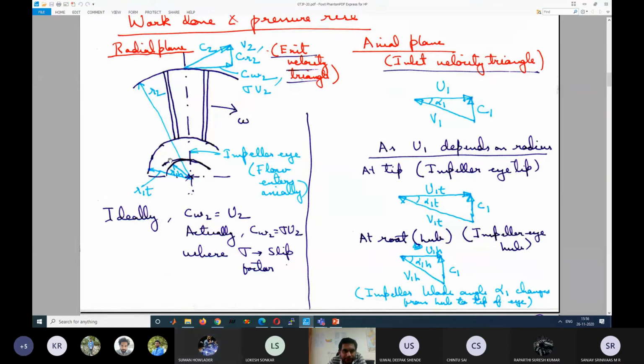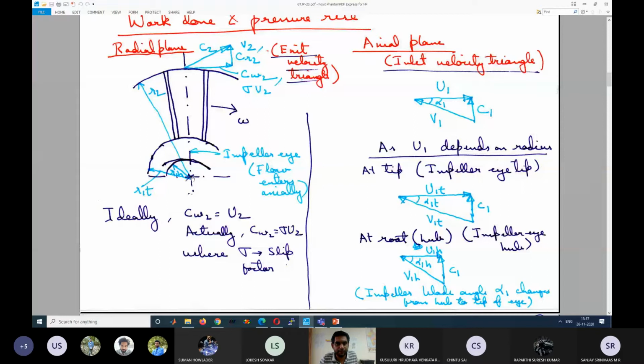With respect to this figure, the left hand side figure, what is the direction of C1? Can you explain to your fellow classmates? What is the direction of C1? Inside that plane of paper. Which direction? Plane of paper means which direction? From where to where is the C1 going? Sir, from our eye to the paper. Yes, it's not in the plane of paper. It is perpendicular to the plane of paper. But your answer is correct. It is going from your eye to the paper. This is the direction of C1.